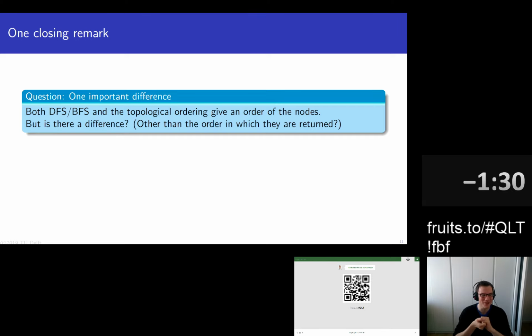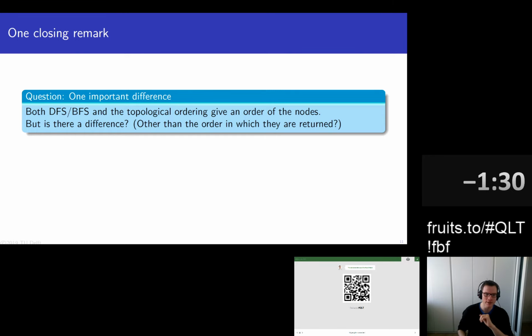Not a way I'd thought about it before, but Shumpum says topological order allows for teleportation. It's very nice. Yeah, there doesn't have to be an edge directly between two consecutive vertices. Now with DFS, but also BFS, maybe we could also see teleportation in some cases. But with topological ordering, it's a little bit more common, I would say. That's definitely true. But it's not quite the answer I had in mind.